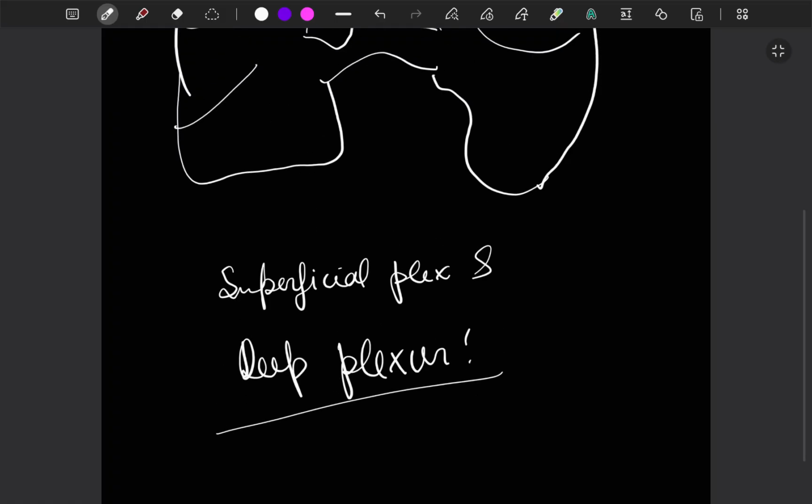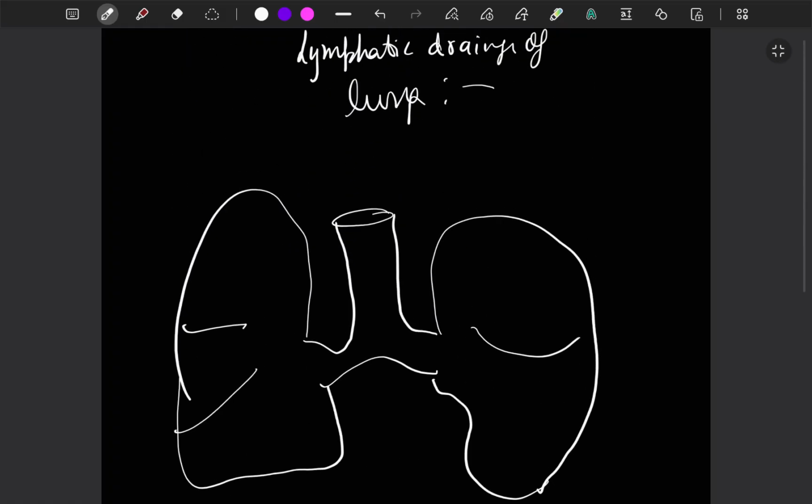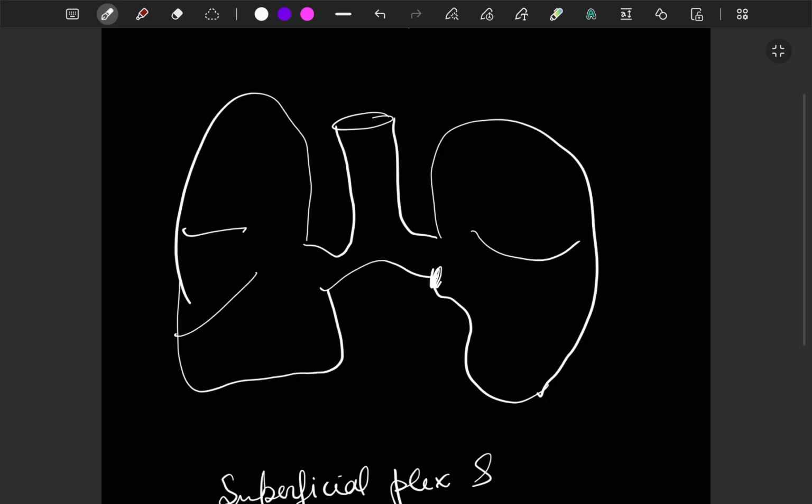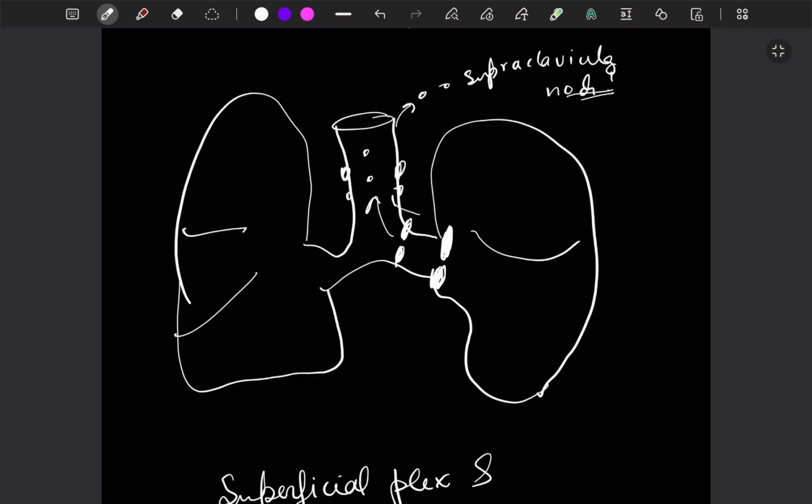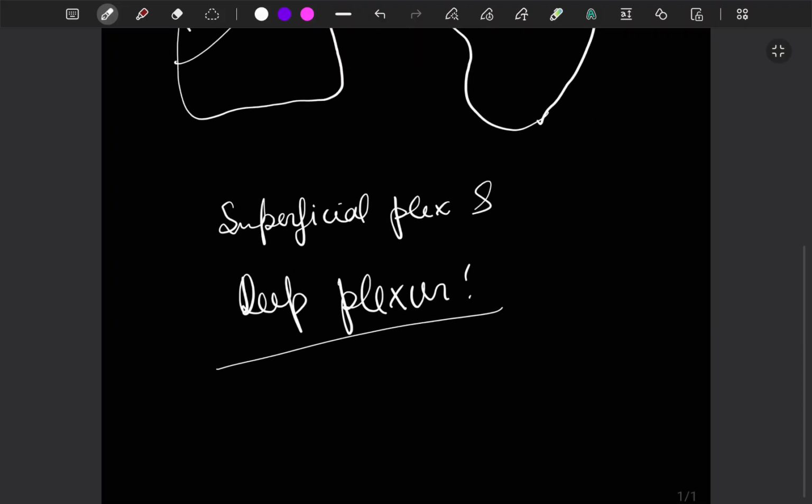Both of these drain into bronchopulmonary nodes or hilar nodes, and then these hilar nodes further drain into bronchial nodes, and then they drain into pre and paratracheal lymph nodes. Then these later on drain into supraclavicular nodes. Okay, so